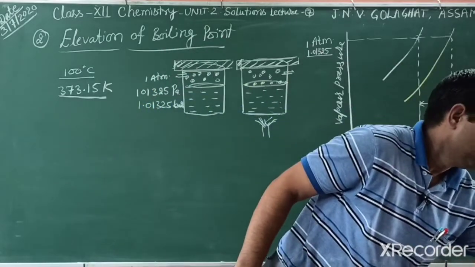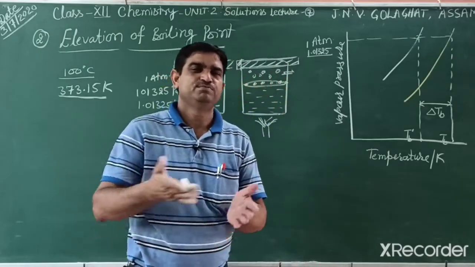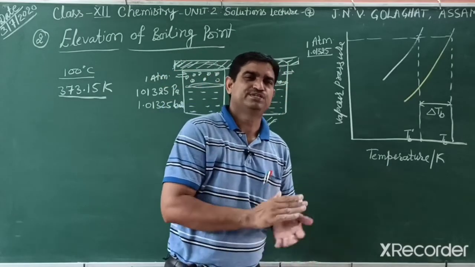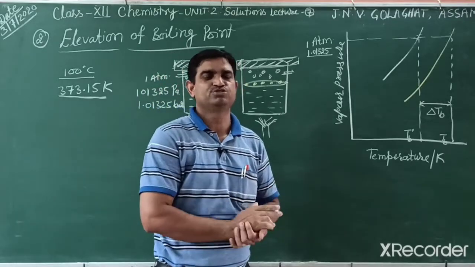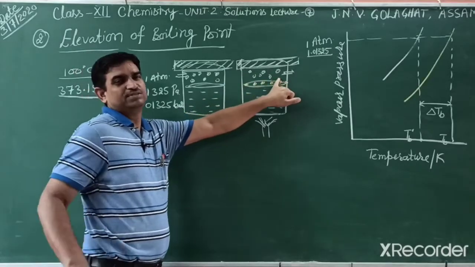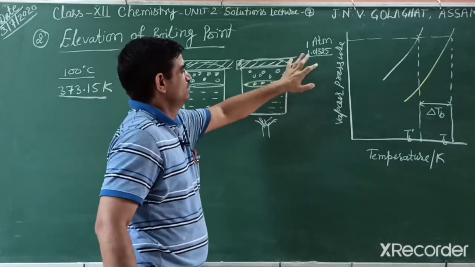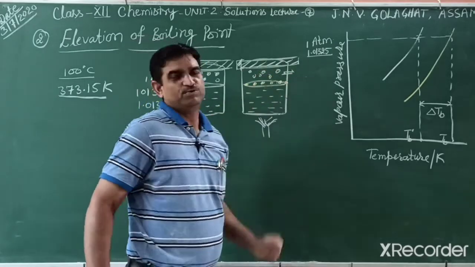So students, what happens when we put rice and dal in a pressure cooker? In a pressure cooker also the boiling point increases, so they can ripen easily within a short span of time. Boiling point, as already discussed in 11th class, is the temperature when vapor pressure equals atmospheric pressure. So that is the boiling point.